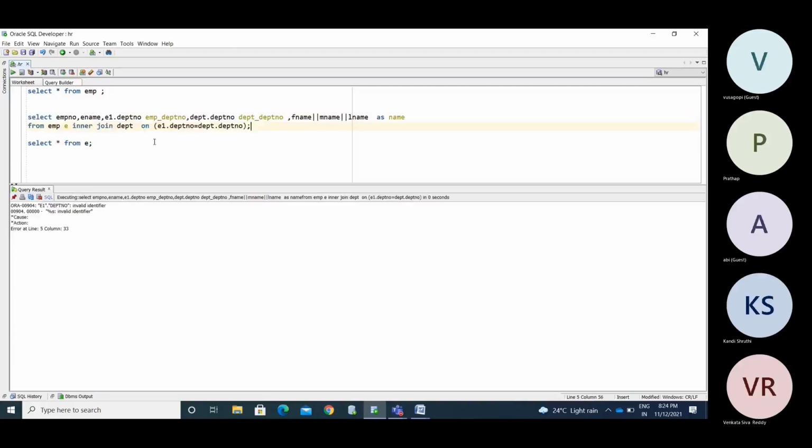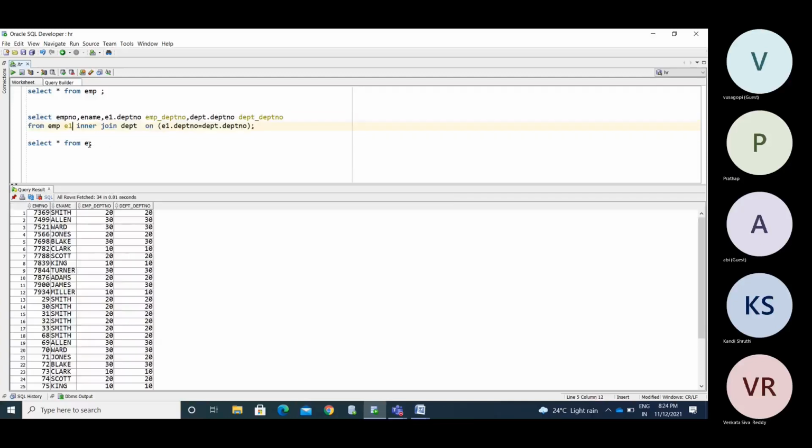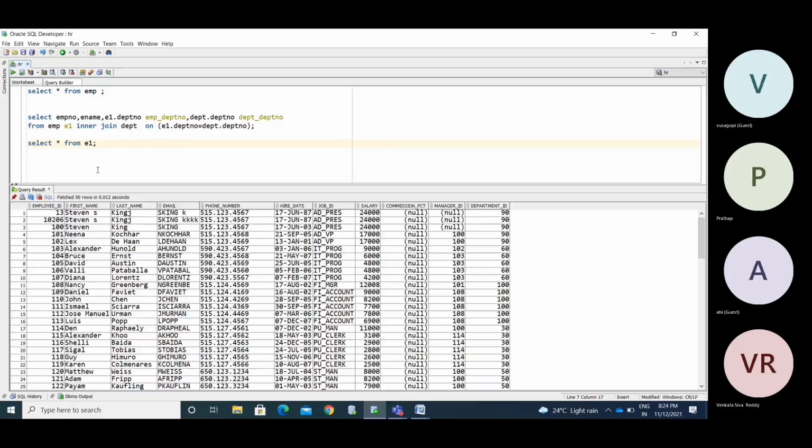Now I provided that E1. One minute, I missed something here. E1. Now I'm getting the data. E1 is a table right now, and now I am retrieving the data. Take this.